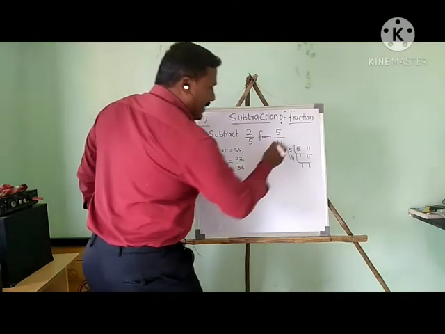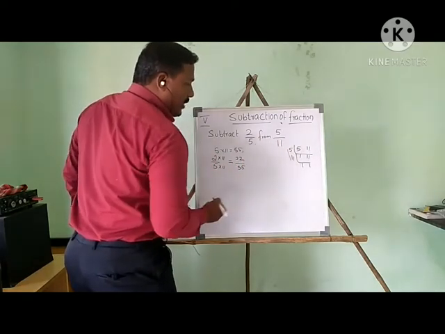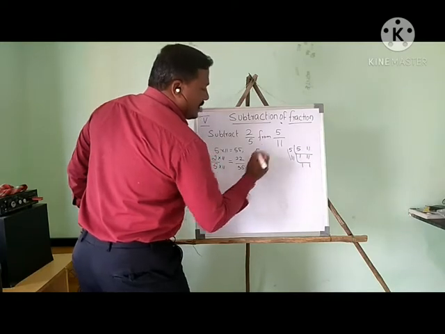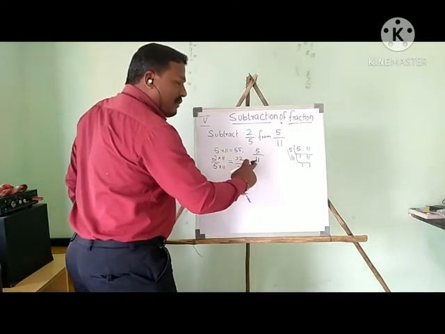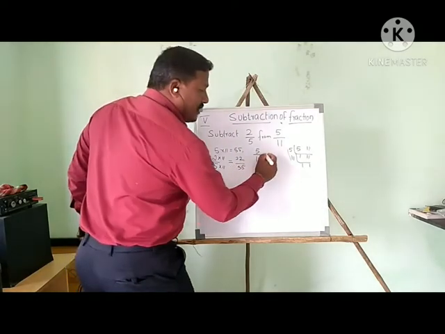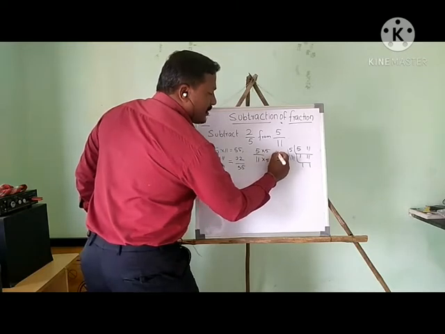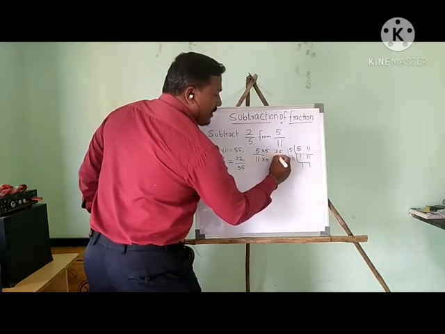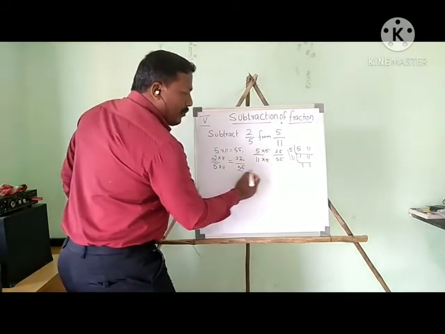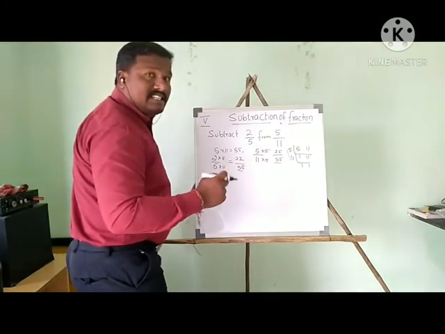Then now, sorry, 5 here, 11 denominator. Now I am going to convert 5 by 11. If you multiply which number with 11, it will become 55? 11 5s are 55. So I am going to multiply upside 5 and downside 5. So 5 5s are 25 divided by 55. If you notice, both denominators are the same. Now as per the rule, we can add easily, subtract easily.